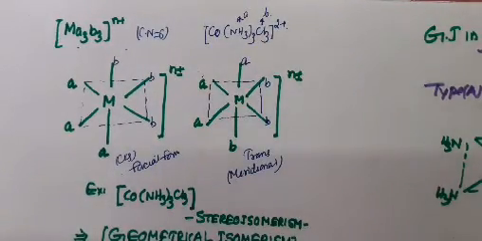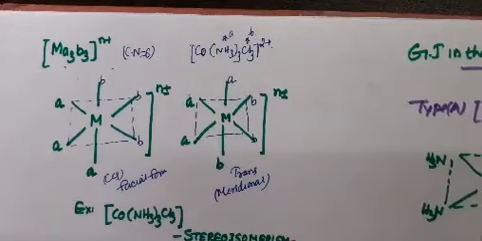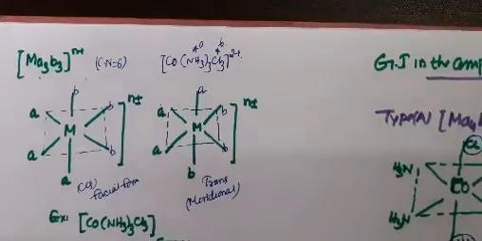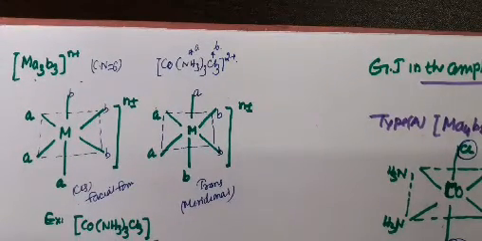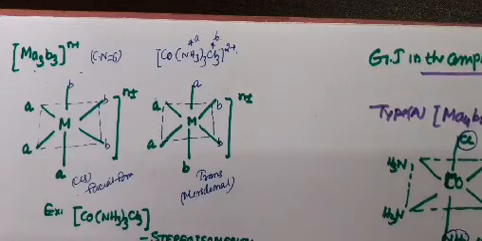So this is the explanation about geometrical isomerism in coordination complexes, and two important categories we have discussed today: geometrical isomerism for square planar complexes and geometrical isomerism for octahedral complexes. We have classified the types of complexes in square planar geometry and in octahedral geometry. In our next class, we will discuss optical isomerism.